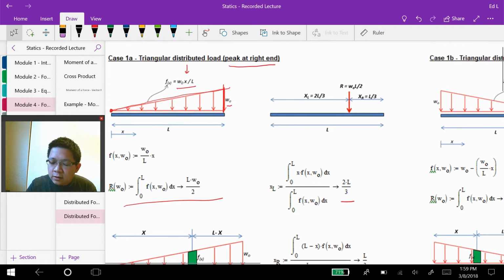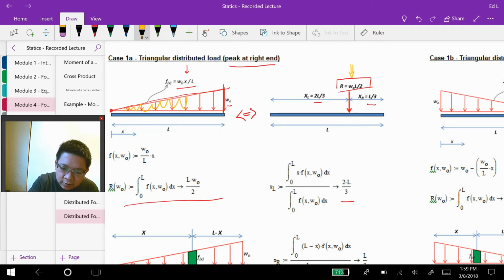Okay, and basically these are the two equivalent systems, right, where R is W naught L over 2, and XL is 2L over 3 and XR is L over 3. So if you try to analyze in here, the resultant force is like an area of a triangle, right? So basically the area of this triangle right here is 1/2 W naught times L, where L is the height of the triangle, and W naught is the width of the triangle. Okay,